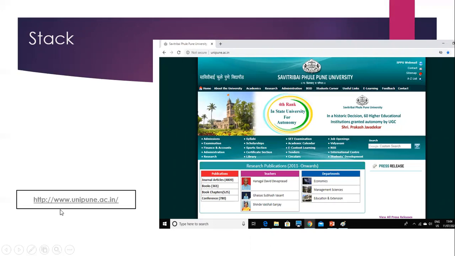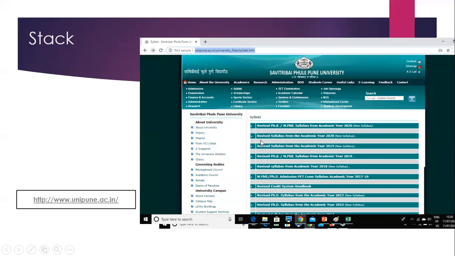The content of the stack is the URL of your current page. After that, when I click on the syllabi, you can observe the new URL is over here and the new page is getting loaded. Simultaneously, one more item is getting added in the stack, the URL of my syllabi page.